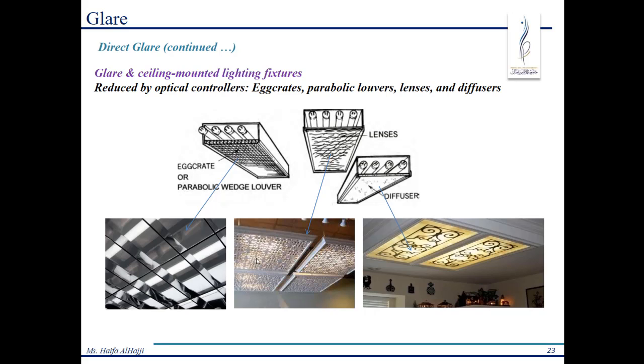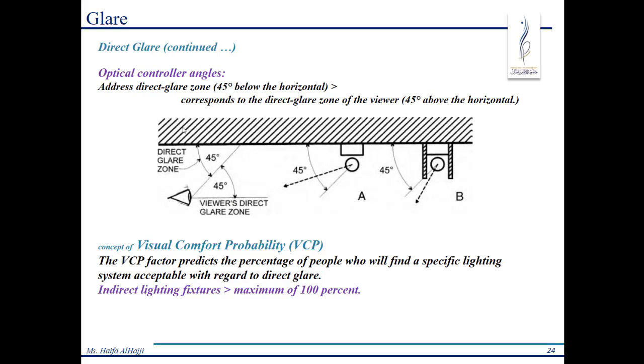Now these ones, the same thing, they are diffusing the light so they are reducing the glare issue. The same thing here with the diffuser, which can be designed as well. Now this is explaining to you that when you cover the light, you should take into consideration that the light should be covered up to 45 degrees. For example,